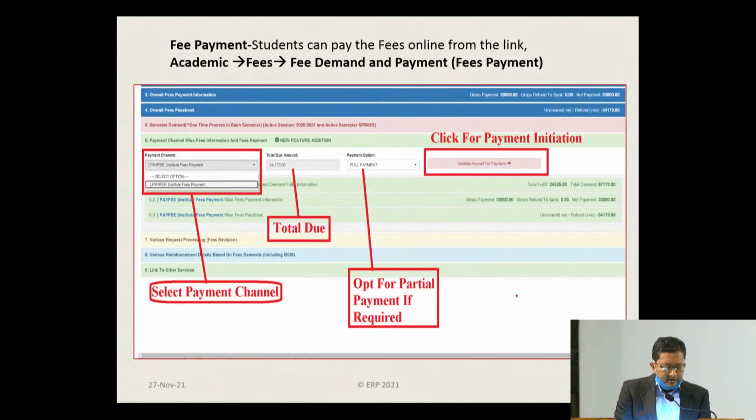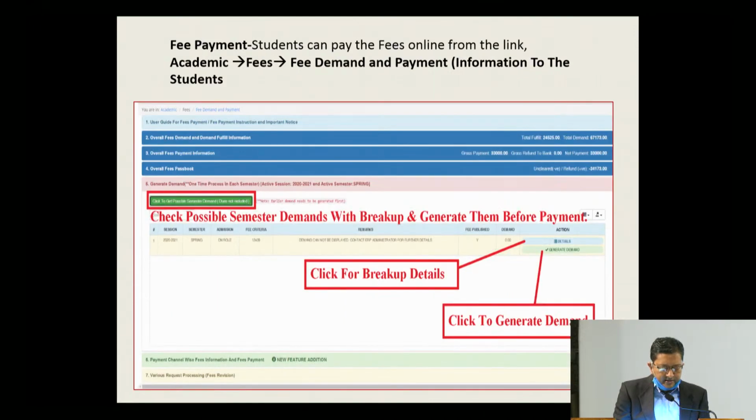So, this is the main page. Here you generate your demand. Depending on the course that you are enrolled in, the category, etc., there can be variations in the fees that you have to pay. You can generate the demand, and then you will get to see how much fee you have to pay,